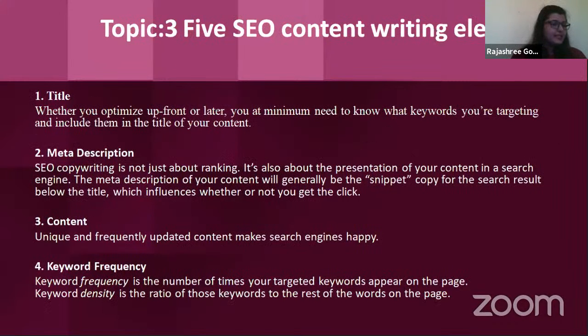Another thing is content, which is very important in SEO. Content has to be unique and should not be plagiarized from anywhere. There are various tools, like a plagiarism checker. If we plagiarize the content, Google will probably penalize your website, and hence make sure that your content is unique.